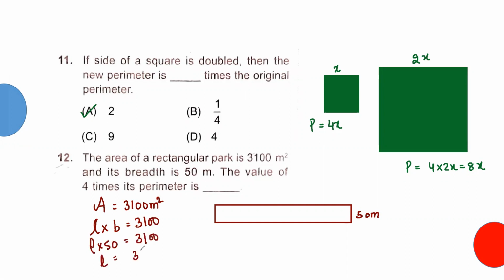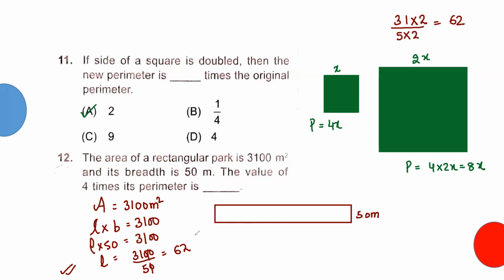So length is how much? 3100 divided by 50. So how much can you get? 62. So see, if you have to divide a number by 5, how can you do it fast? You can just multiply numerator and denominator by 2. So this becomes 10 and this becomes 62. That's how I do it mentally. So if you remember this type of important methods, then it is very fast to calculate and you can do it just in your mind without any long calculation.